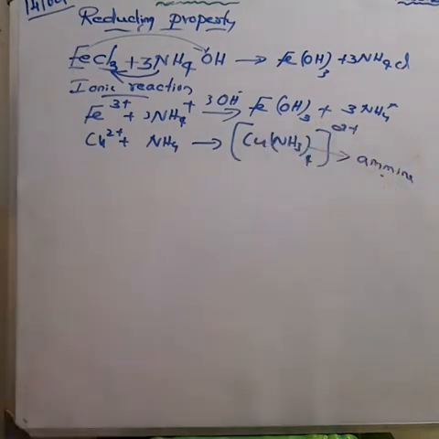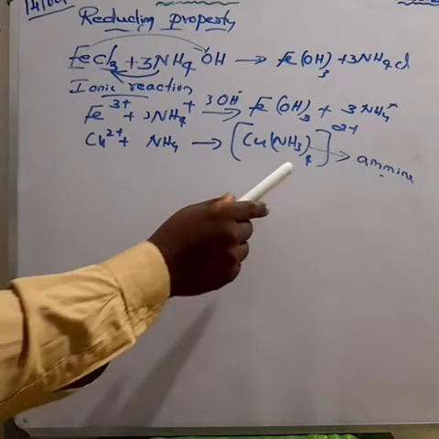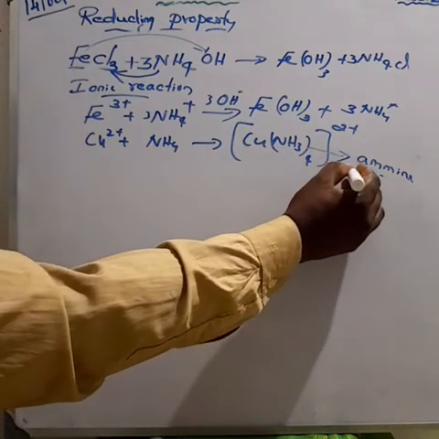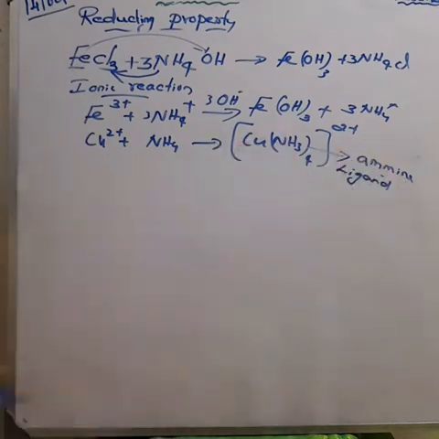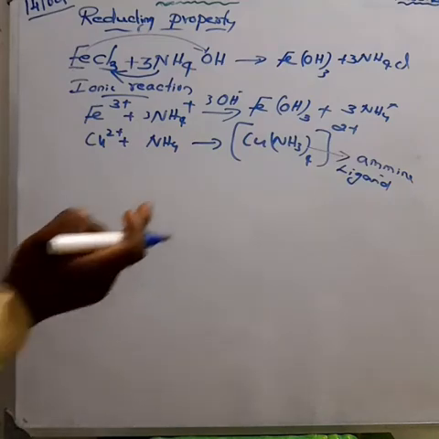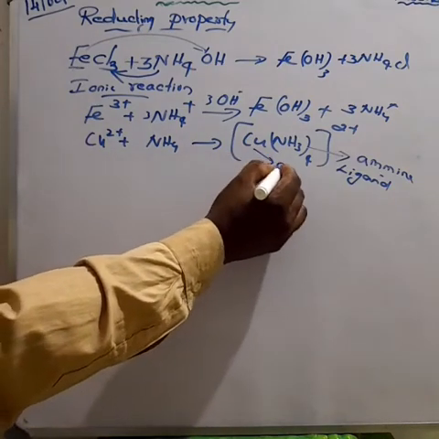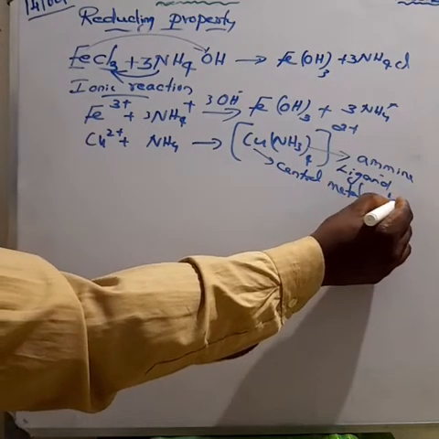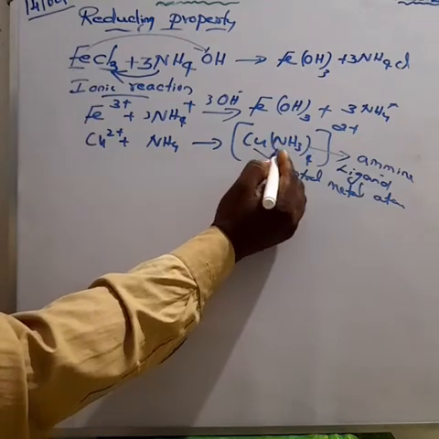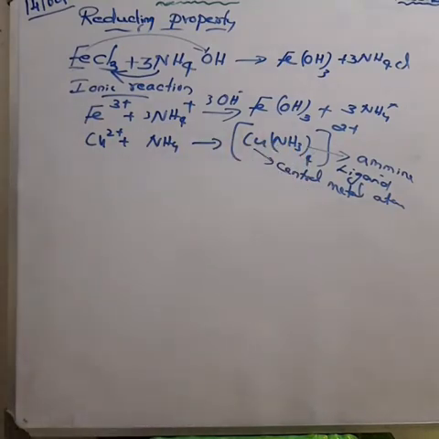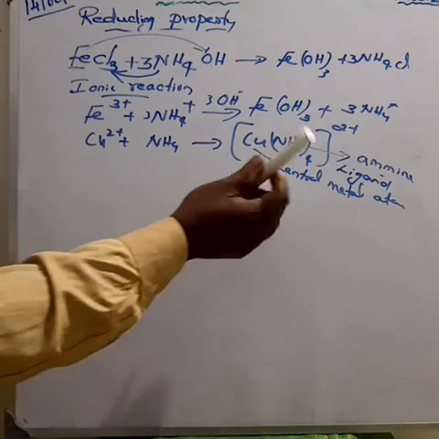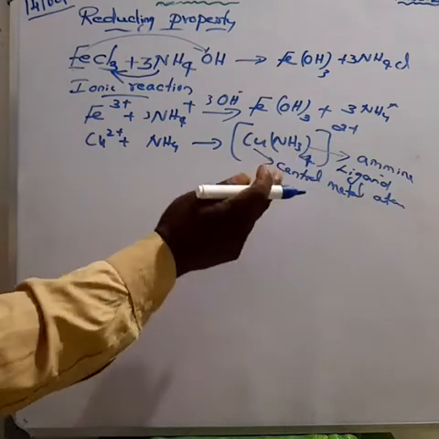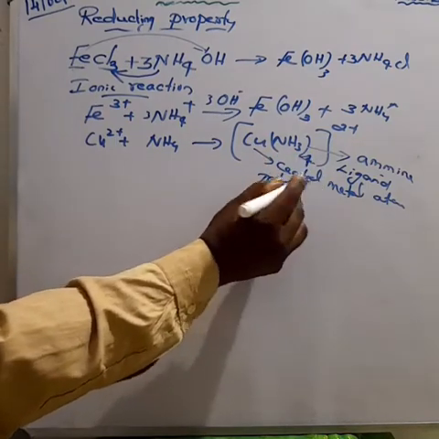How do we say the name of ammonia? NH3 can be called amine, A-M-M-I-N-E. So here ammonia acts as a ligand. Ligand means a molecule that is attached to the central metal atom. The central metal atom is copper. This is attached to the copper. So we are saying ligand. Ligands are enclosed in a square bracket. So ammonia, in coordination chemistry, we call amine. How much ammonia is there? 4 ammonia. So you say 4 means tetra.